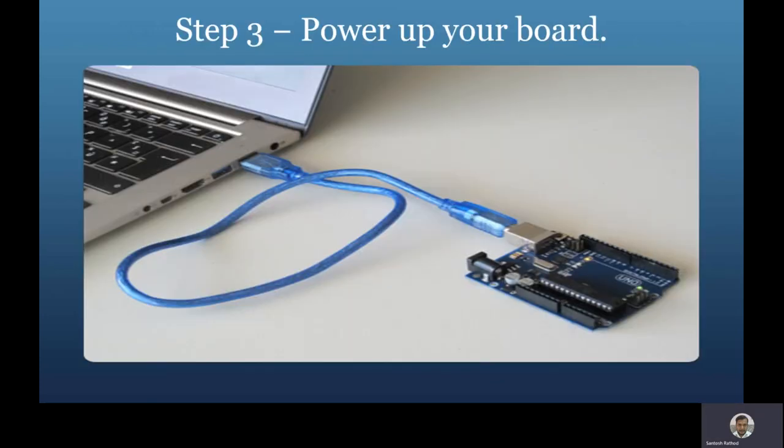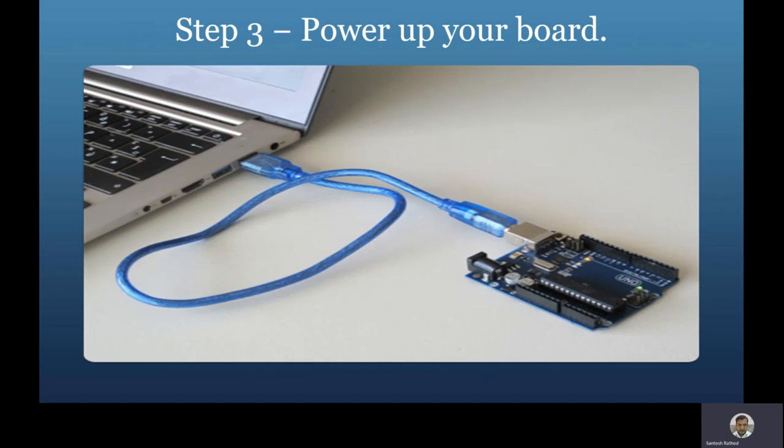Next, after getting the installation done, we have to power up the board. So you have to connect the USB cable to your Arduino board and your PC. The Arduino Uno, the Mega, or the different versions draw power from either the USB connected to your computer, or you can also provide an external power supply. If you are using a different version of Arduino, then you have to make sure that the board is configured to draw power from the USB connection.